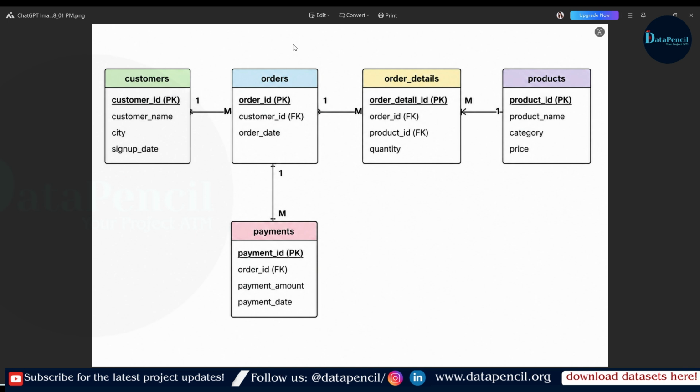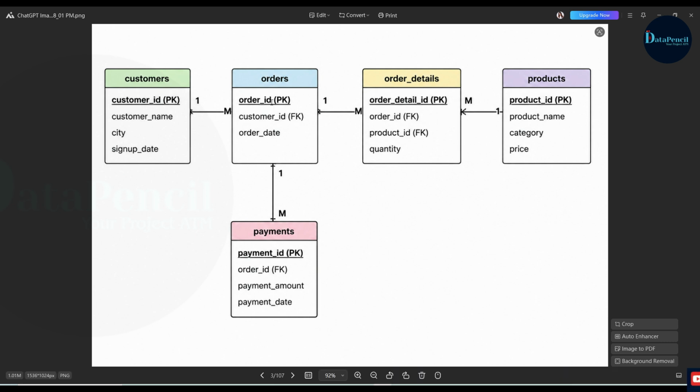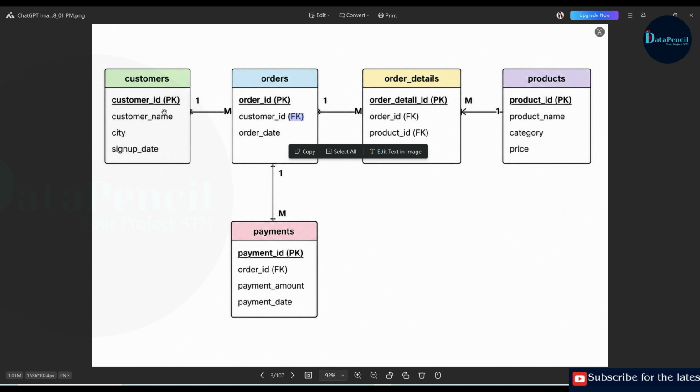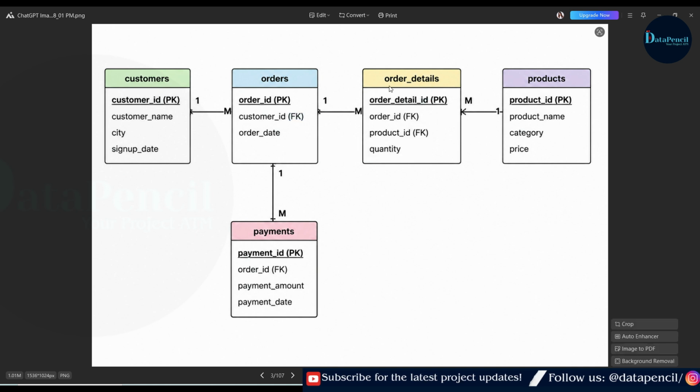Either we can do this, or if we talk about the orders table, here also we have one primary key as well as one foreign key, but at the second place we can create the orders table too. Why? Because whatever foreign key the orders table has, which is customer ID, its parent table customers has already been created. Fine. So either at first we can create customer, second product, third orders, or we can create at first customer, at second orders and at third product, and then at fourth we have to create the order details table, because